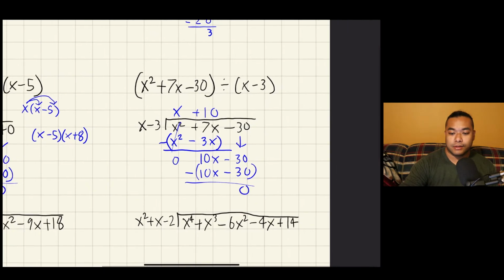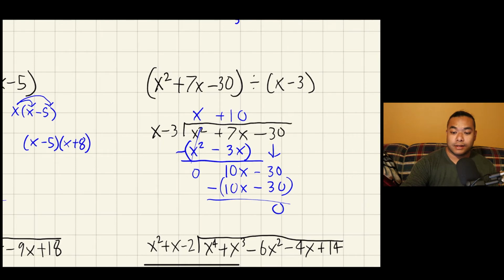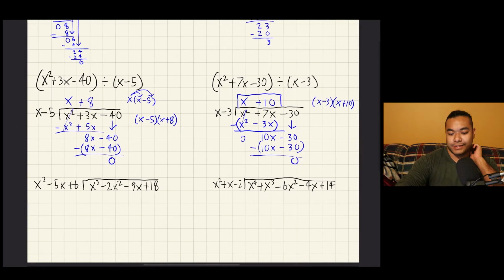So that means x squared plus 7x minus 30 is factorable, and its factors are x minus 3 and x plus 10. But if I was just looking for the quotient, it's x plus 10. Next,